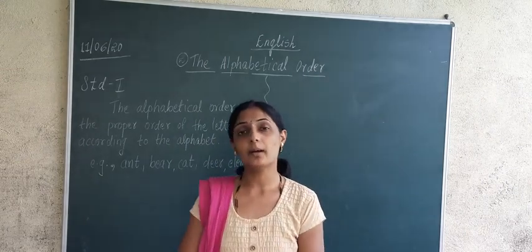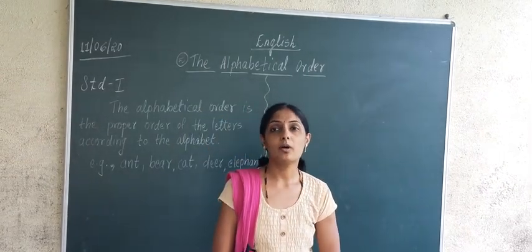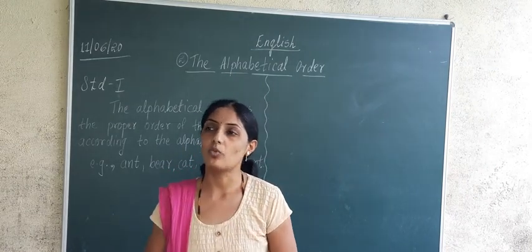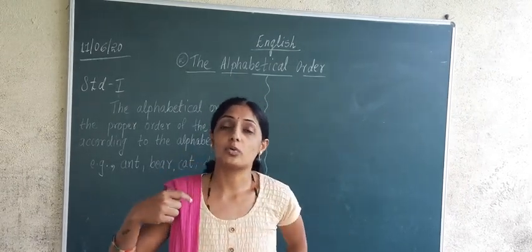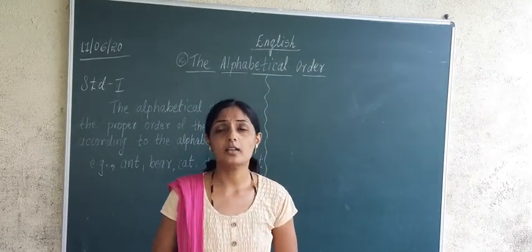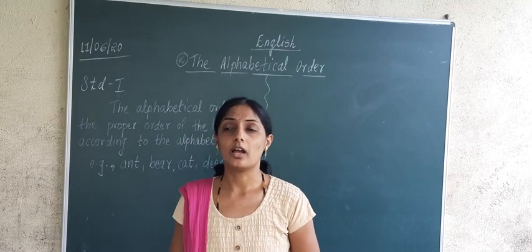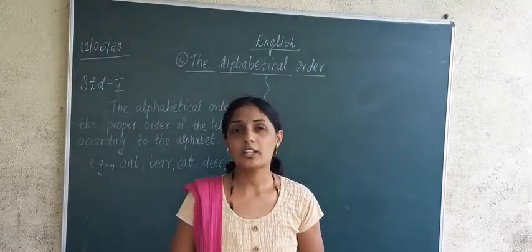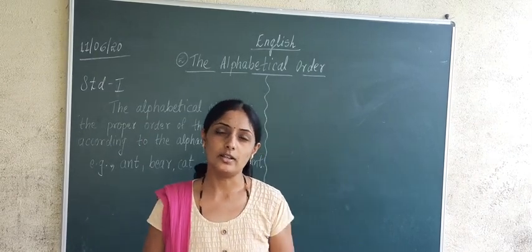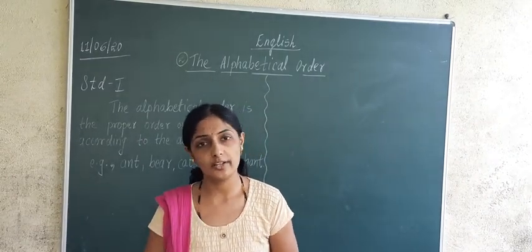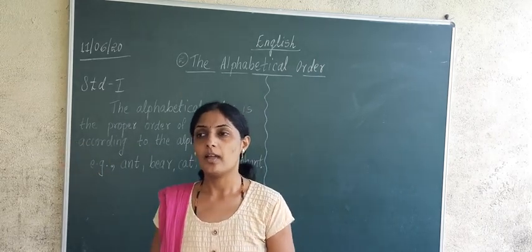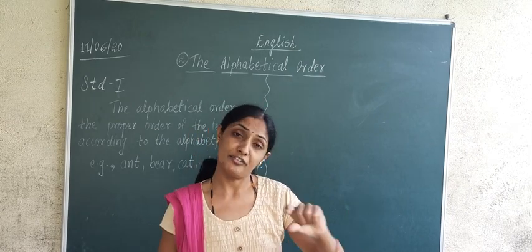Yesterday we studied about alphabets. What did we study yesterday? Alphabets. Alphabets means what? In English we have a total of 26 letters, and these 26 letters are the alphabets. How many letters are there? There are 26 letters. Yesterday we studied capital letters, and we also studied small letters, right? Capital letters are in the same height, and small letters are in different heights.